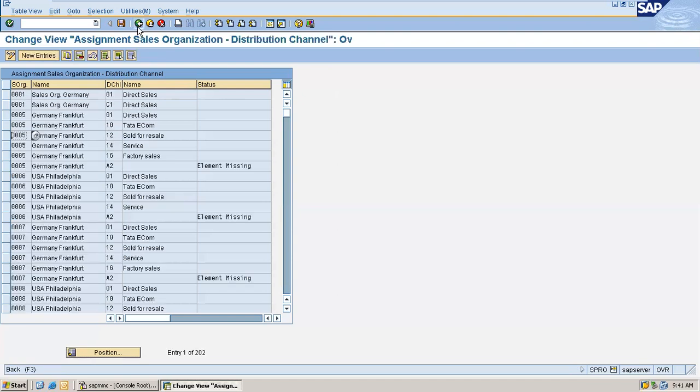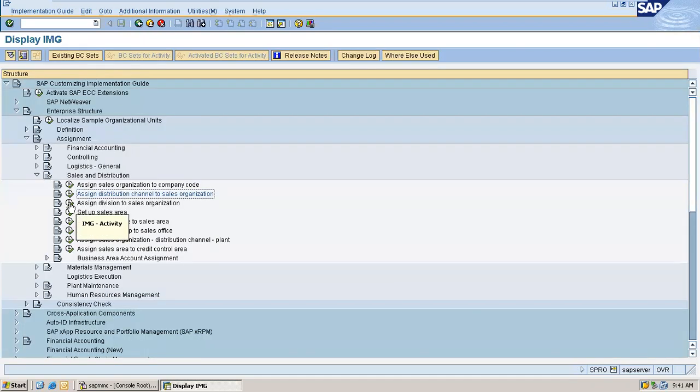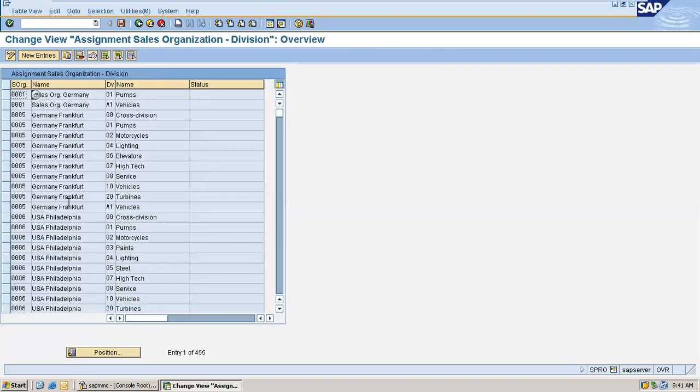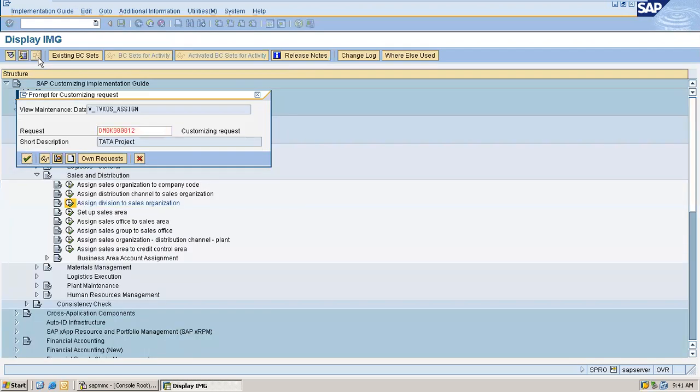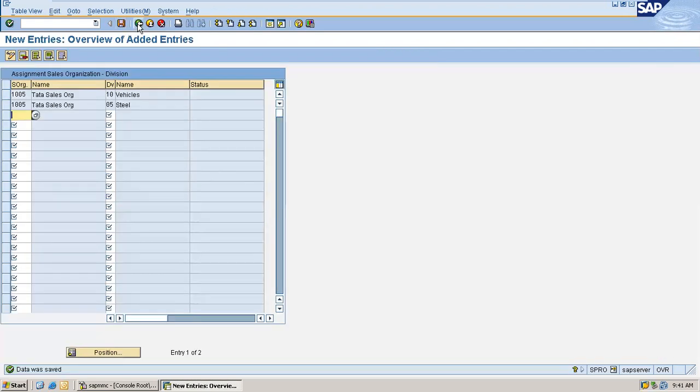Then similarly, your division and sales org, it is also many to many. Your South sales org can sell products belonging to electronics, like consumer electronics. North also can sell the same thing. That is self-explanatory, I don't have to explain much on that. And I'll go with our org units only. I don't try to do a cross assignment. This is also many to many.